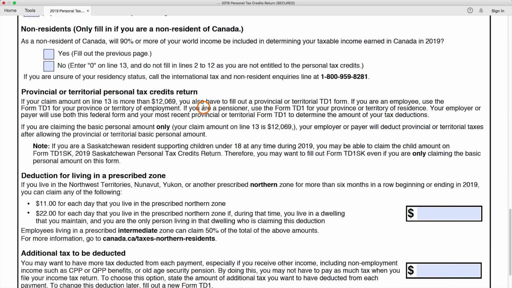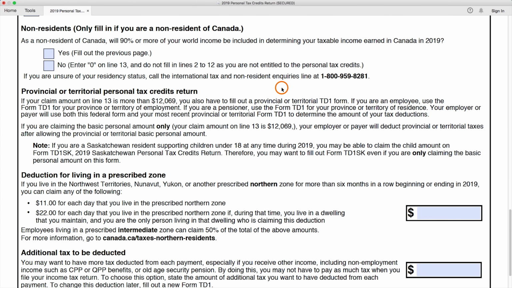Provincial or territorial personal tax credits returned. So basically what you guys need to know here is, if the amount you have in line 13 is more than the basic personal amount, then you have to fill out a provincial TD1. In other words, if you're claiming any other deductions besides line 1, the basic personal amount, you have to fill out a provincial TD1. If you're only claiming line 1, then you don't have to fill out a provincial TD1, except in